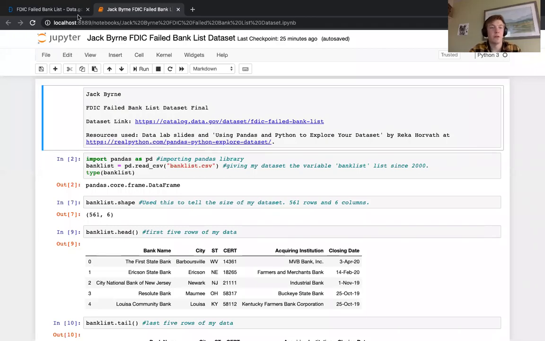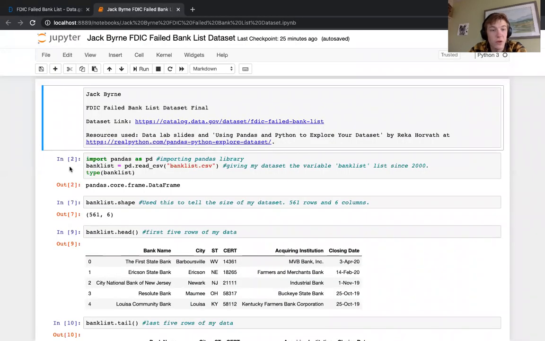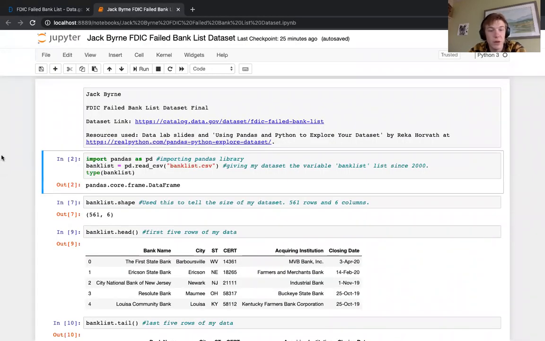So for my final, I decided to do a data set, and I got my data set from data.gov, which was an FDIC failed bank list. This list had every bank that has failed since October 1st, 2000. So to start off, I imported the pandas library along with my data set, and I gave it the variable